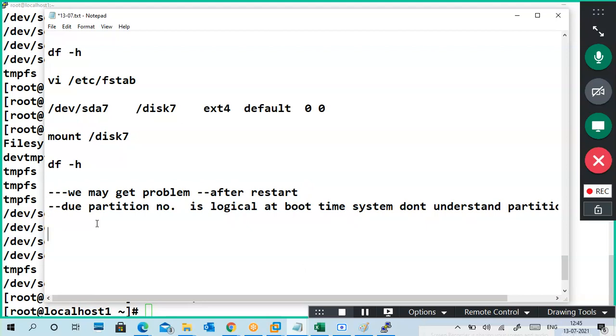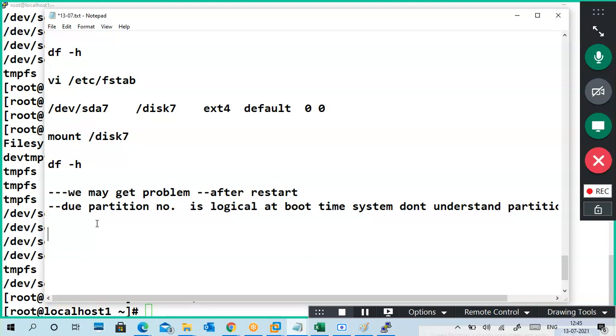How to avoid this situation? What is the situation? You specify /dev/SDA7, and at boot time it doesn't understand, or maybe it is logical, it is not pairing with SDA7 because of that logical numbering. So it will throw an error, or maybe go to single user mode.